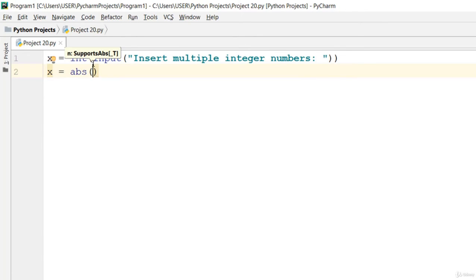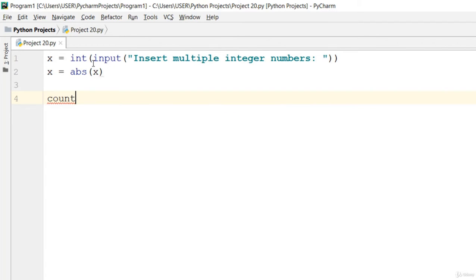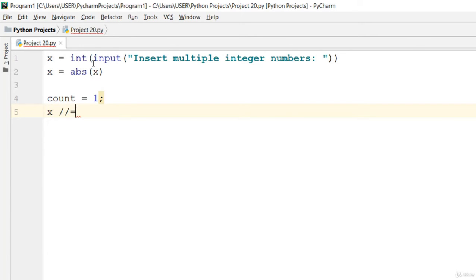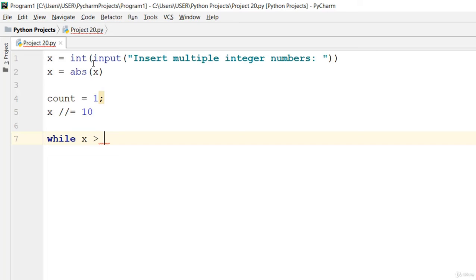Absolute value of x. Then we use a count so we can count the digits. That count will equal 1, and then x divided equal to 10. Then use a while loop and say while x is greater than 0, or x not equal to 0. Either one of them you can use. Then x divided equal to 10,